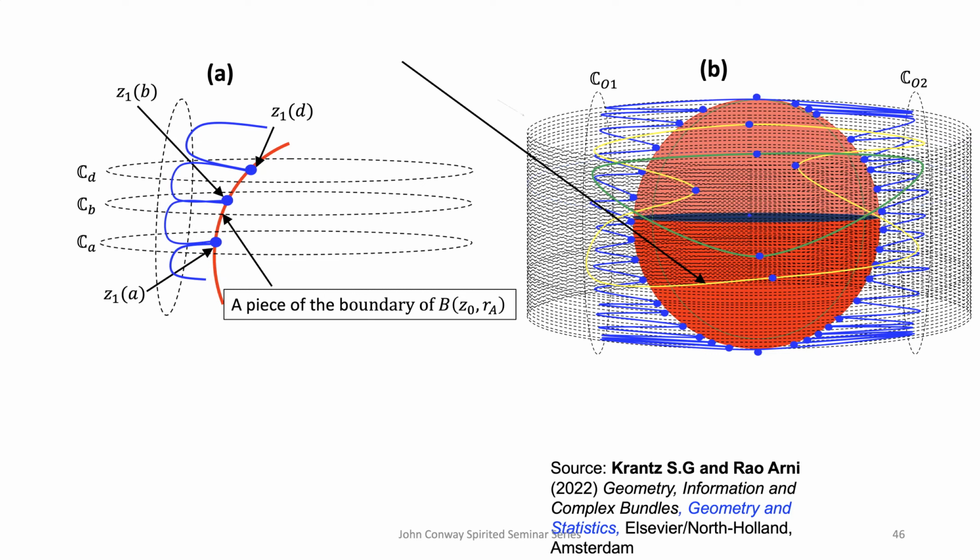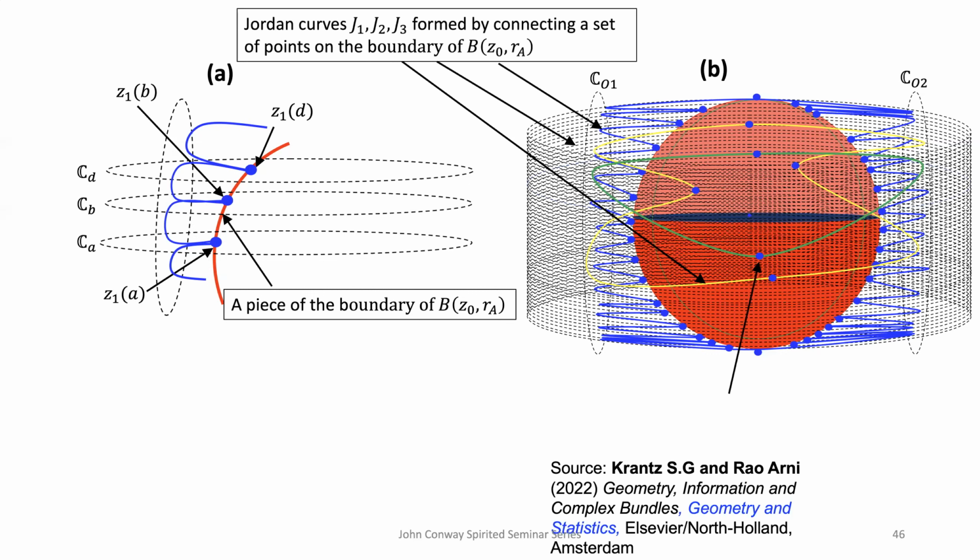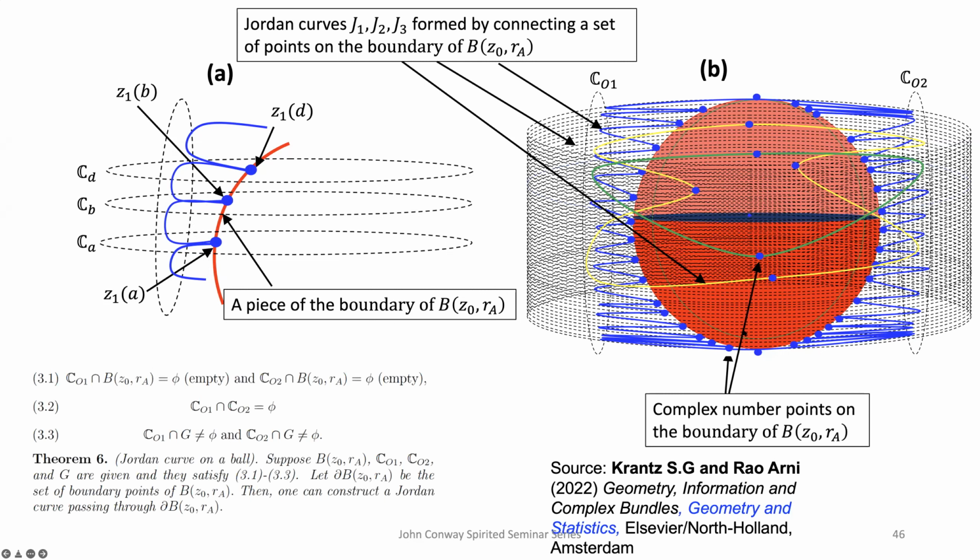So the special kind of, there are these lines, any number of contours can be formed. See here, these are all the contours, different blue line, yellow line, and green line. There are contours on the surface. These dots are on the surface of the sphere. So 3 Jordan curves, J1, J2, J3, arbitrarily.